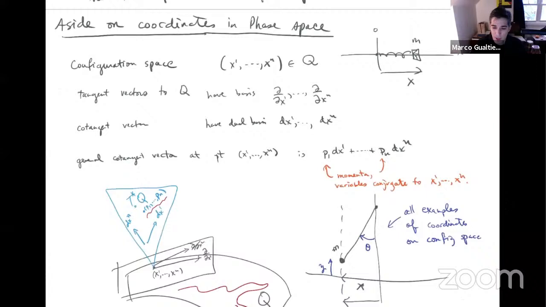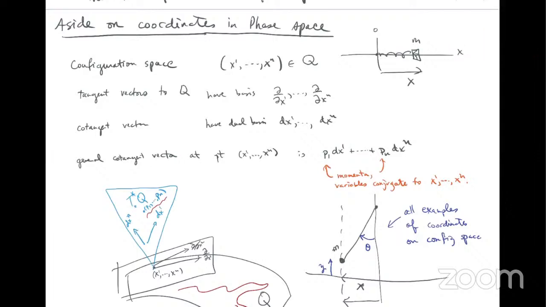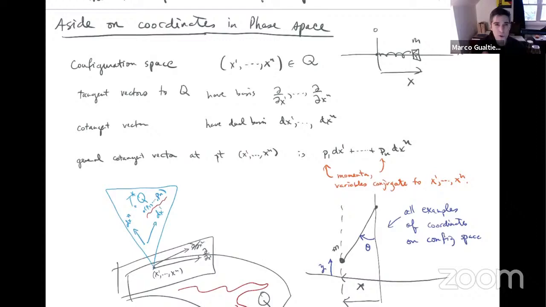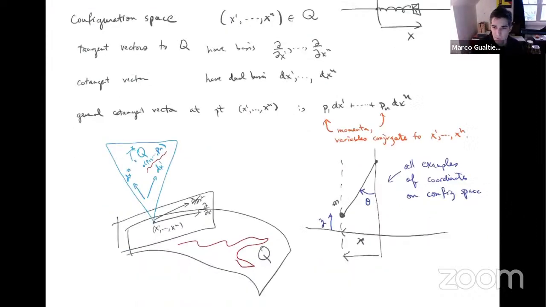And they are determined by this formula here, where we're using a dual basis, which is the differentials of the coordinates. So the idea here is that if you make a change of coordinates from the x's to another possible choice of x's,